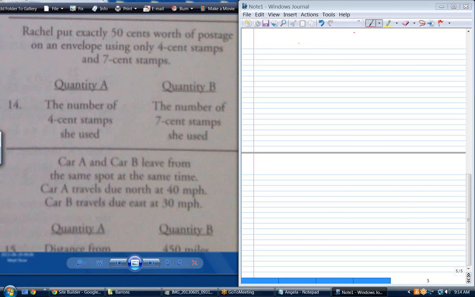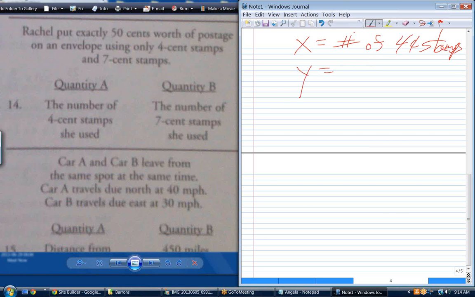Well, we have x equals the number of 4-cent stamps. And I'm picky that way because I think it's very important to know precisely what x is. It's not just x is 4-cent stamps. It's the number of 4-cent stamps that she put on that envelope. Okay. And y is